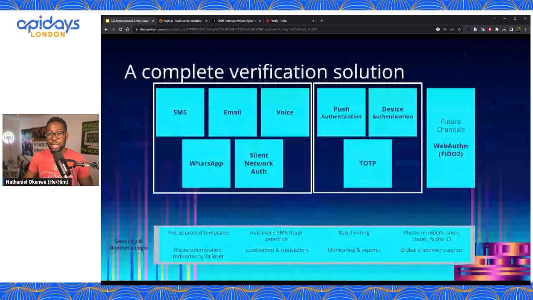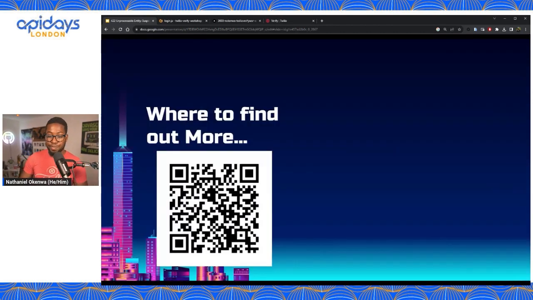All right, let's wrap it up. You want to build a complete verification solution, and this is where Twilio's APIs can help you do that. But whatever you're building, remember to try and use all of these different forms of authentication. Use the bank model to prioritize different forms of authentication for different things, making sure that your application is easy and frictionless for users to use, but hard for any bad actors to get into.